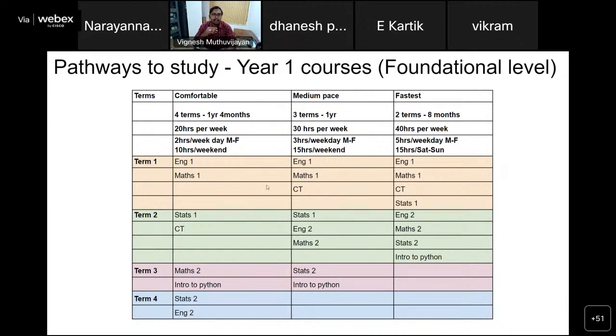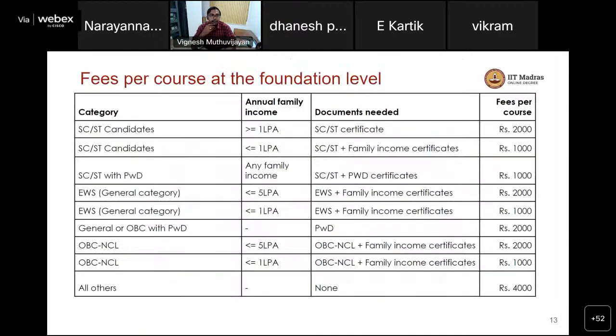So please assume that you are going to put in about 10 hours of time for every course that you register. So that is the numbers you are looking at. If you are doing 3 courses, you are looking at spending 3 hours a day during the weekdays and 15 hours during the weekend. So you're looking at 30 hours of time which you would have to dedicate for this program. Only then you will be able to learn the content effectively and actually make the most out of it.